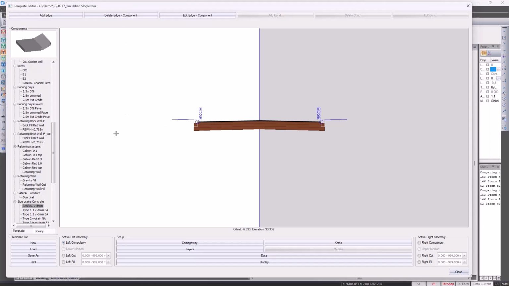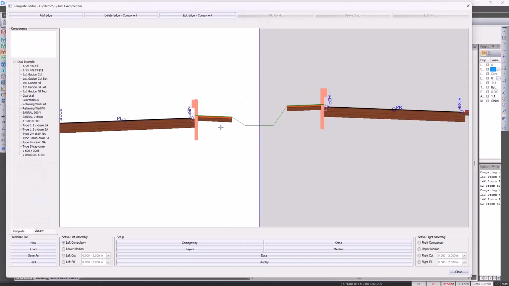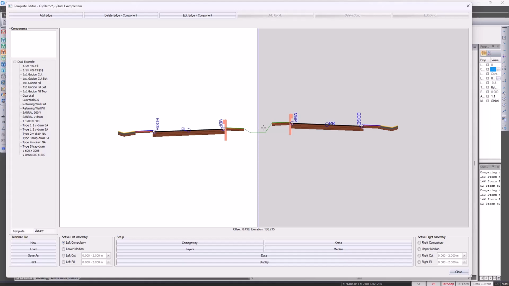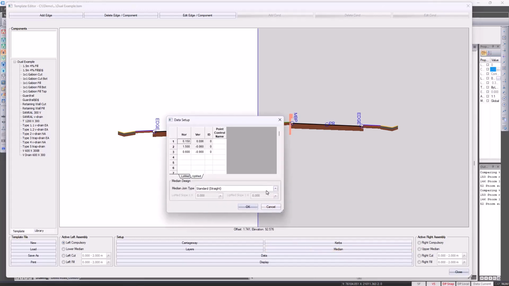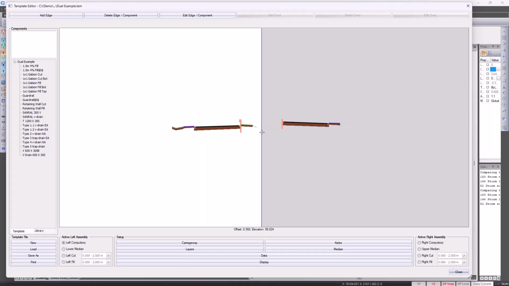If you're looking for something with a little more detail, I'm going to load another template. This template would be a dual carriageway example, where you've got median information and you can go and customize the median. You've got sidewalks, barriers, pivot points, additional sidewalks, V-drains, and then you could go and specify different cut